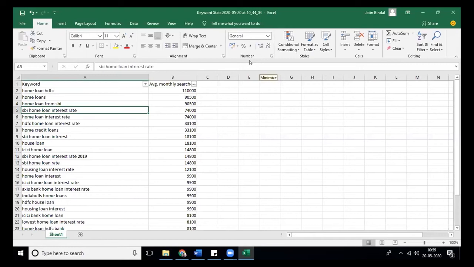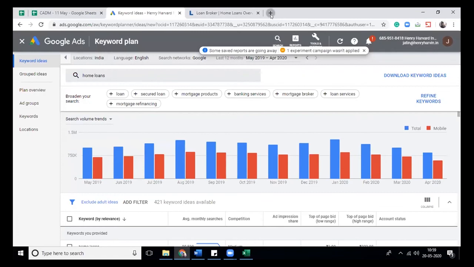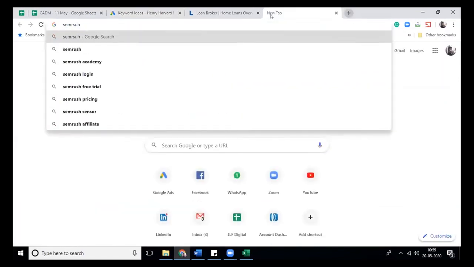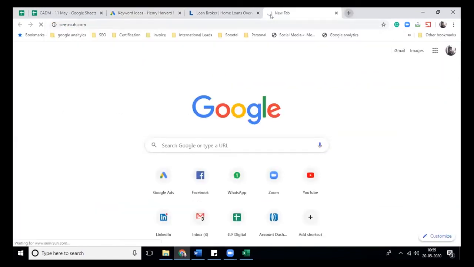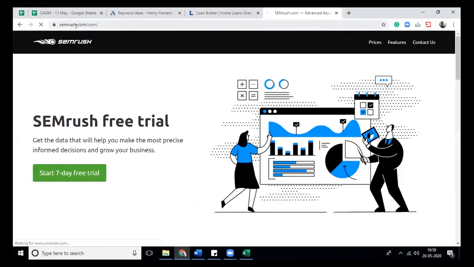Ask your doubt, please. Okay, my doubt was that when we search, it is showing us minimum and maximum search volume. So since we don't have the average, how do we do this thing? The alternative to this is you start spending money on Google AdWords. One alternative, and the second alternative is you can buy a tool called SEMrush.